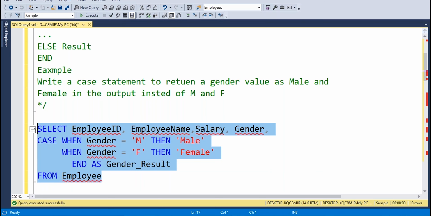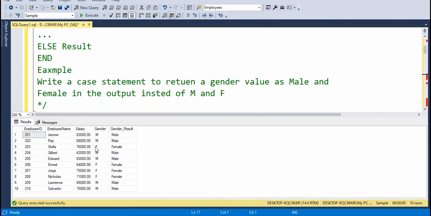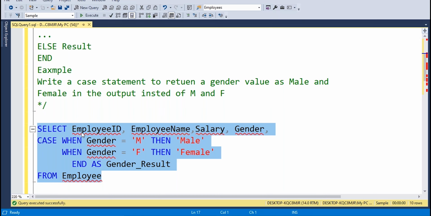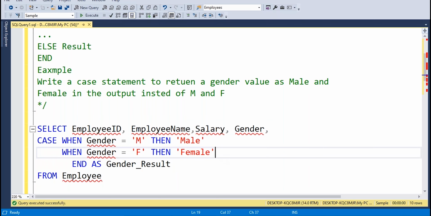Now we can execute the query. Select the script and click on execute or press the F5 button, and it will run the query. Now you can observe that these four columns are coming from my base table data, and when we apply a case statement, it returns a value based on user specified conditions. Instead of writing WHEN gender equal to M then male and gender equal to F then female multiple times, you can apply the ELSE part. You can apply else male, else female.